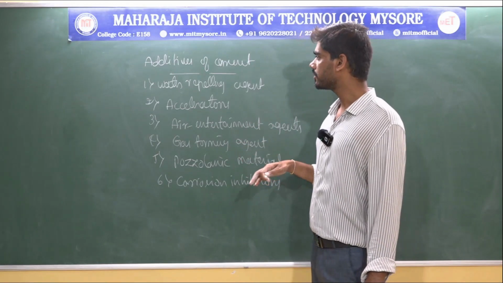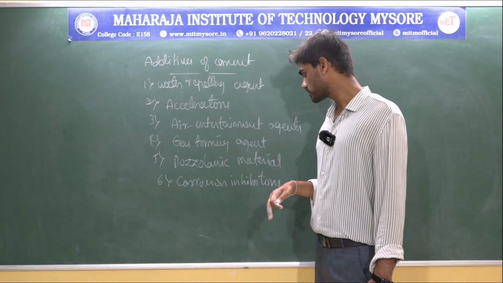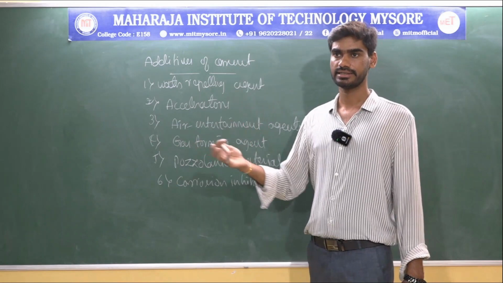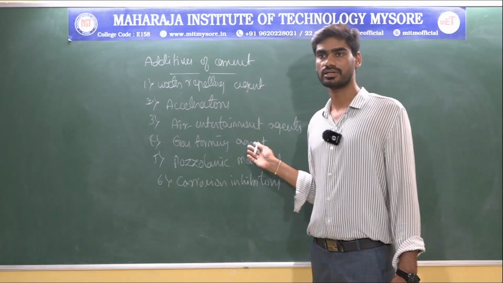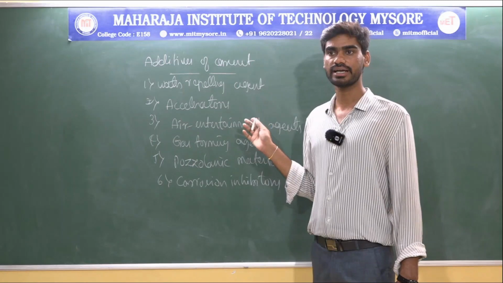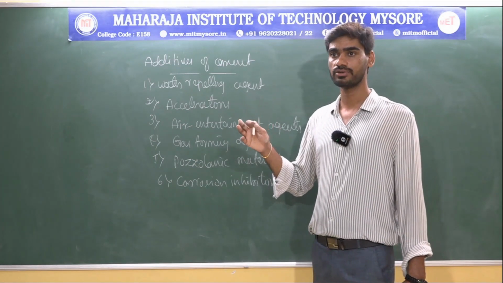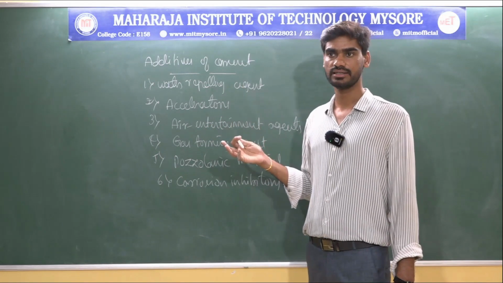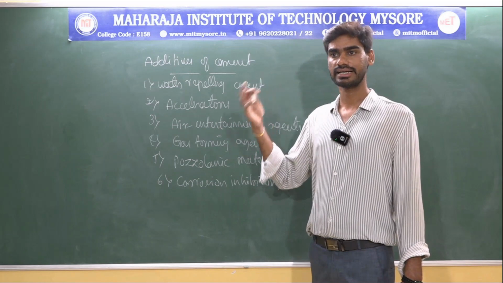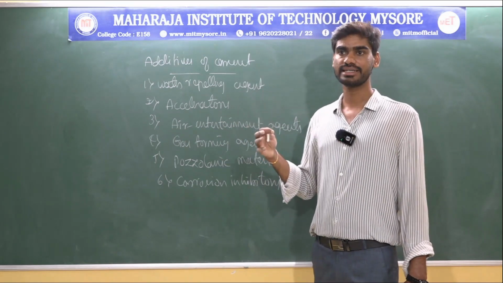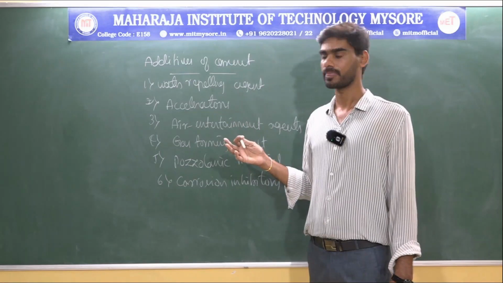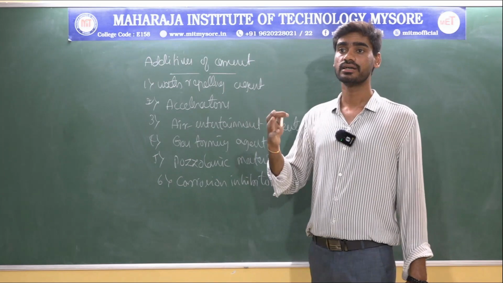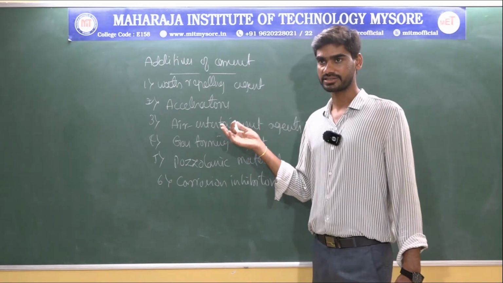When we come to the last important additive of cement, the corrosion inhibitor. Where chloride salt and sulfate salt are present in the sand, these additives are basically added. These chloride ions may cause corrosion of steel. We know that the chloride content of soil causes corrosion of steel, resulting in rust formation. The most critical application of this is in marine construction. So basically corrosion inhibitors are added where construction is carried out, such as marine constructions.